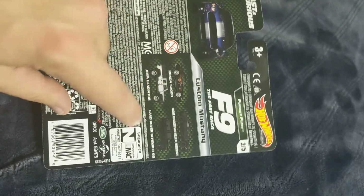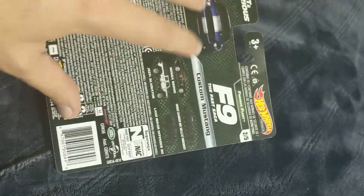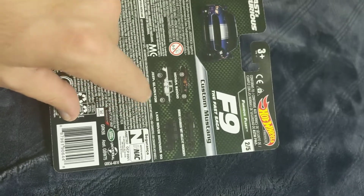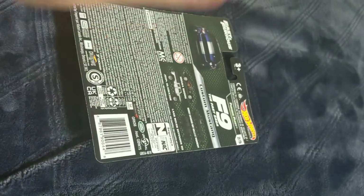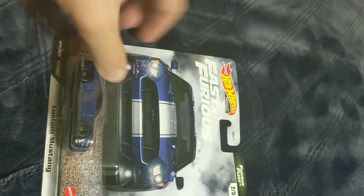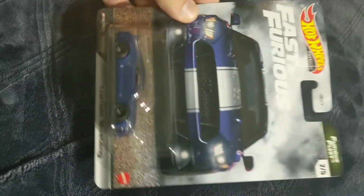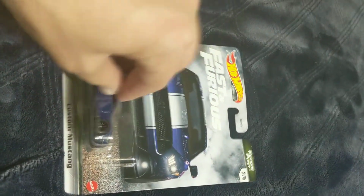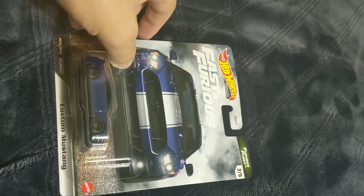The two that seem to be left on the pegs or shelves in the store for this Fast and Furious set are the Jeep and that Land Rover, because they're peg warmers. They're the cars that no one really wants from this set. However, I was able to get this one. So I now have 2 out of 5 cars for this set. I don't plan on ever completing this set because